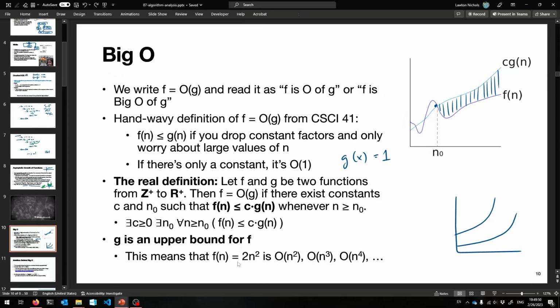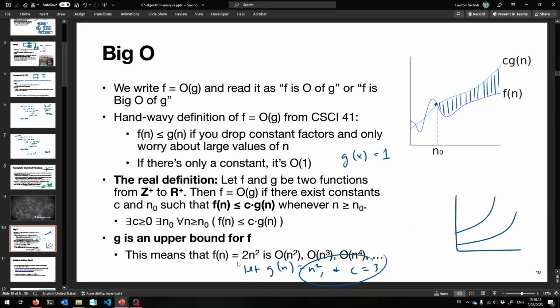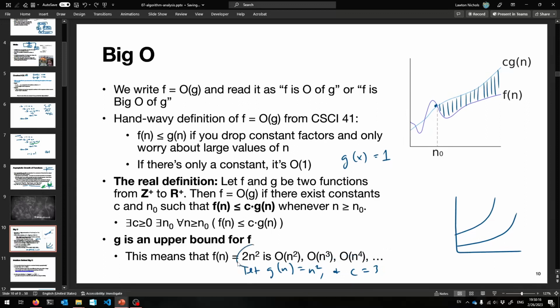So f of n, this function 2n squared, is big O of n squared, big O of n cubed, big O of n to the 4th. The reason that this is O of n squared is that you can define a g. G has to be n squared, and set c to be the number 3, because now you have 3n squared. You see that? The constant is helpful here. You can make it bigger than it used to be. So just pick that constant. It works out that n squared, if you multiply it by that constant everywhere, 3n squared will always win out against 2n squared. And so just n squared, because the constant doesn't really matter in the notation,